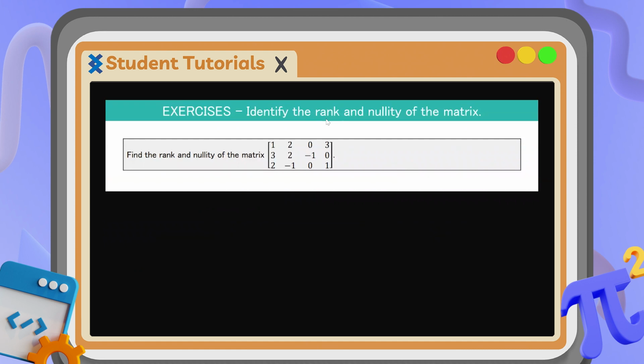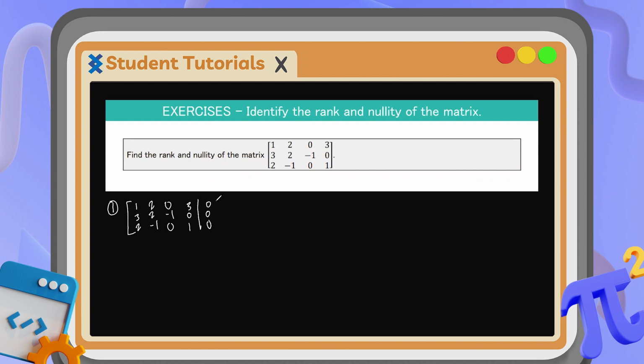So here we are tasked to identify the rank and the nullity of the matrix. First, to be able to find the rank and the nullity of the matrix, we need to set up the augmented matrix, which is shown by 1, 3, 2, 2, 2, negative 1, 0, negative 1, 0, and 3, 0, negative 1, 3, 0, 1, and